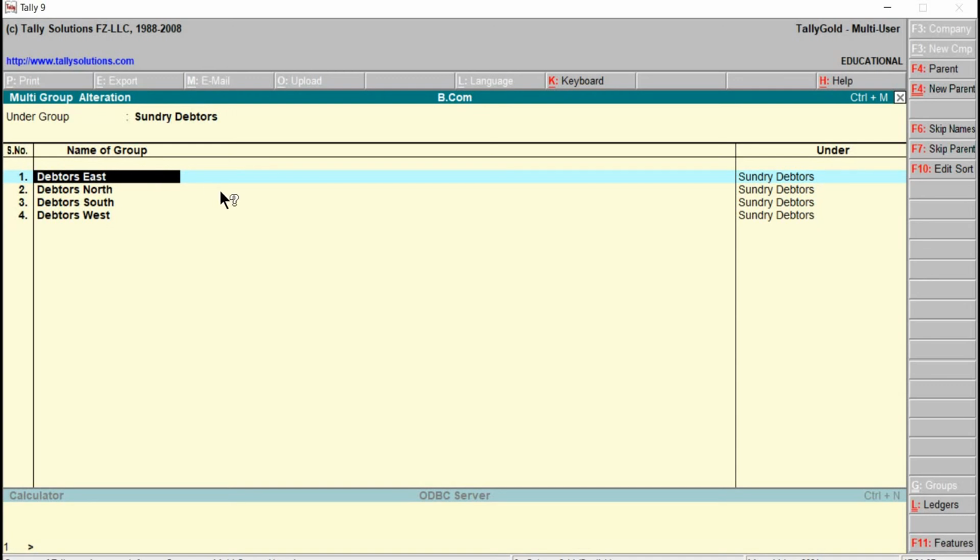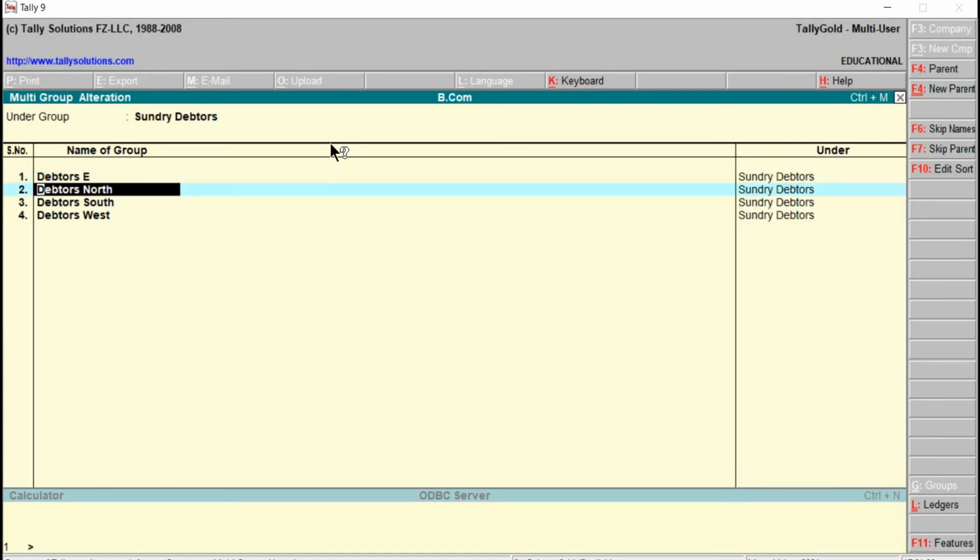Right now we can see here the list of user defined groups, and here we will do the changes. Instead of east, I just make it here E. Right, enter. Next one, this will be for north.